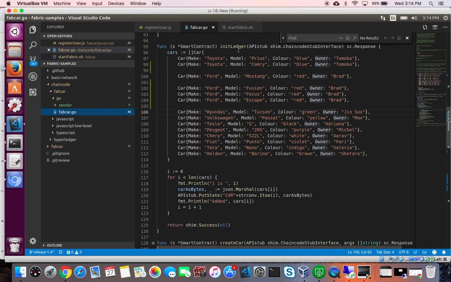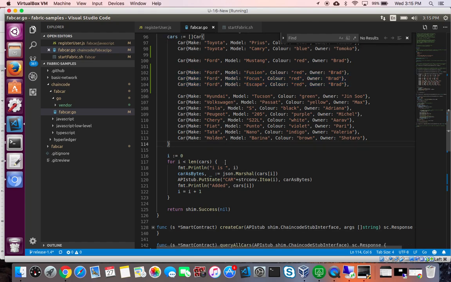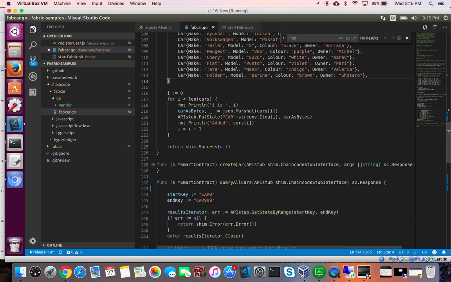In fabcar.go there is an init ledger method, and in this method it is creating some cars. It is adding some cars to the ledger. I have added a few more cars. One is a Camry, and these 3 cars, Fusion, Focus and Escape. And here is one more method, query all cars. This method is basically returning all of these cars,